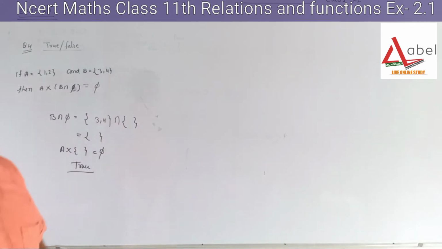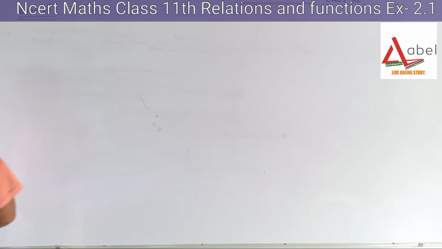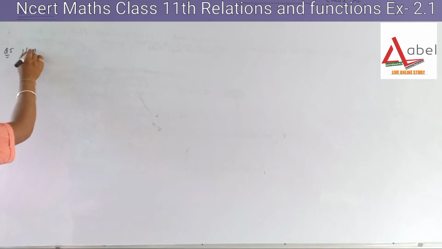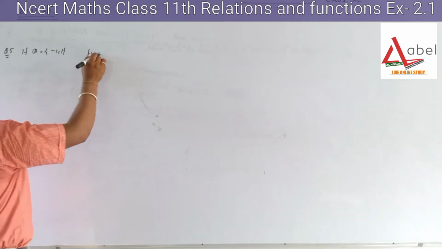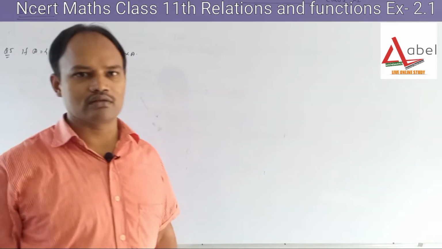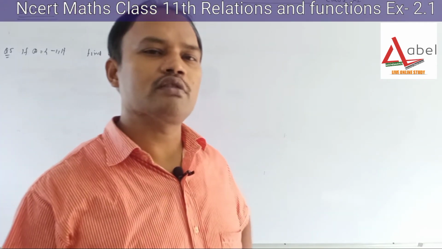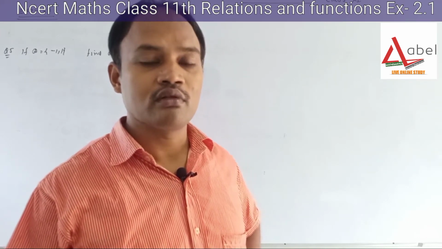Now we are going to solve the next question. What is question number 5? Okay, so question number 5 is: if A equals {-1, 1}, find A cross A cross A. So now students, it is a question and we have to find it. Now the topics are totally equal for CBSE students, and both syllabuses are the same now. So you have to think about it.